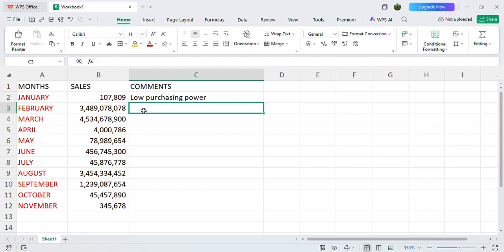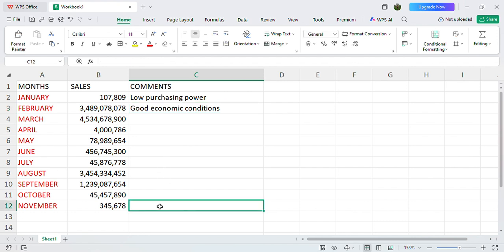Why? Good. You can say good economic conditions. And so on up to the last month in November. Then you have your data.